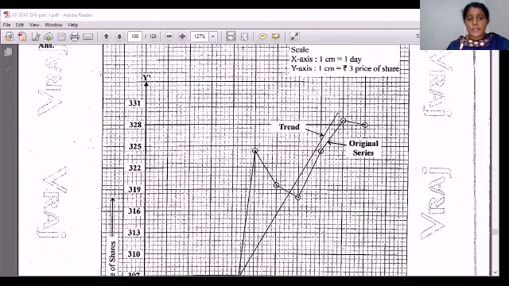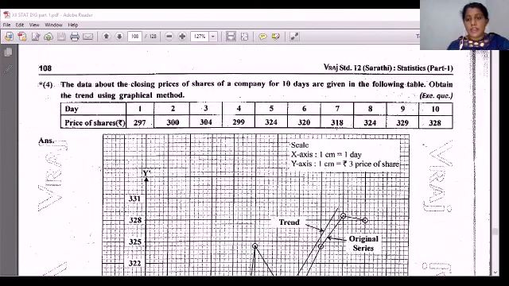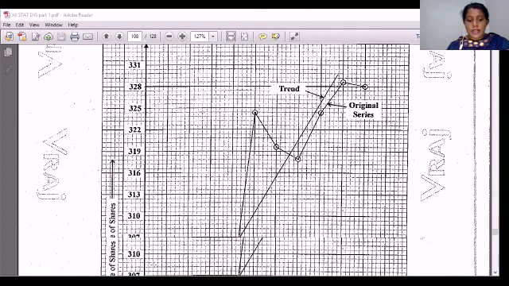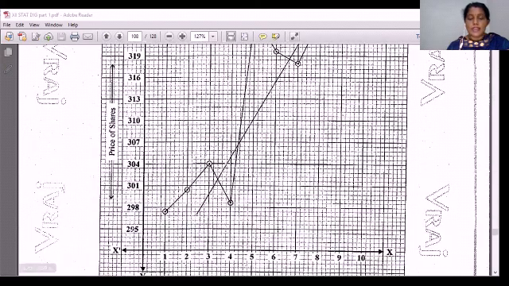So what numbers have we taken? See, 297 they are starting with. Here they have started with 295. I think you have to take round numbers only. 295 means a difference of 3 they have taken. 295 plus 3, 298 plus 3, 301, like this they have taken. Right? So plot the point. You have to plot a point.